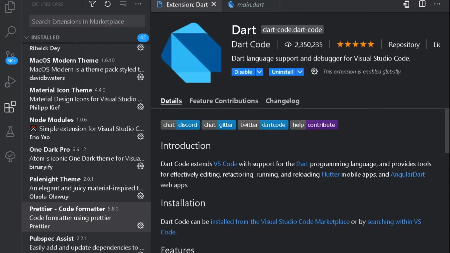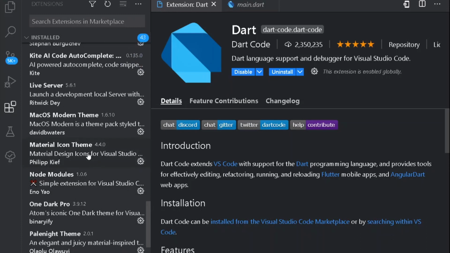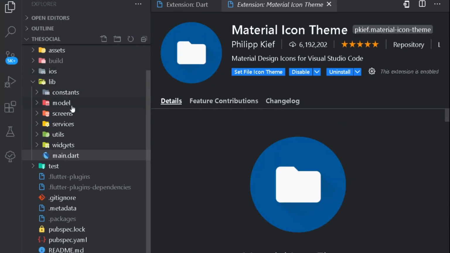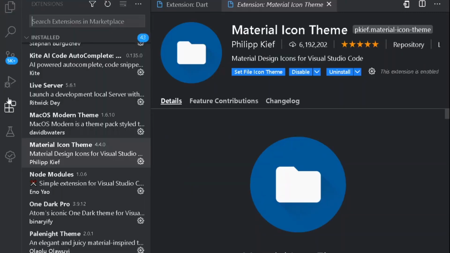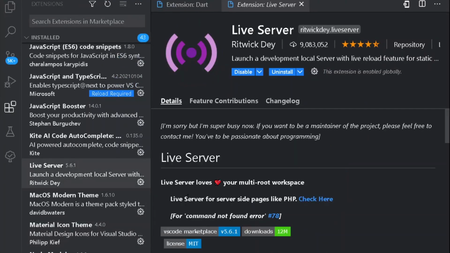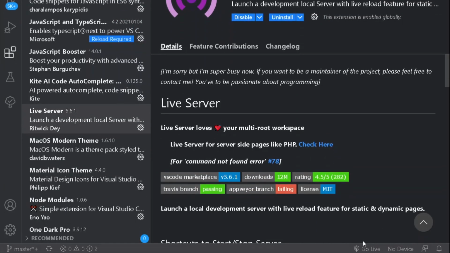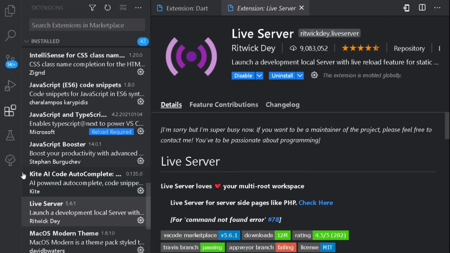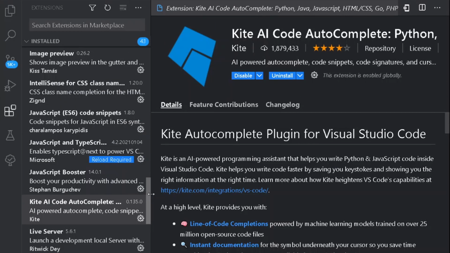But regardless of that, the next extension will be Material Icon Theme. The Material Icon Theme shall be helping us in sorting all the icons, which you may observe here, for different types of files. After that, you can simply go up and have Live Server if you are using Flutter for Flutter Web, by which after pressing over this, we can simply open our server directly in our browser. So after having this, you can have Kite AI code for autocomplete, and after that,